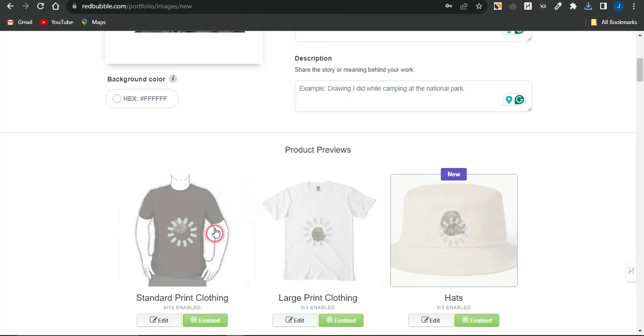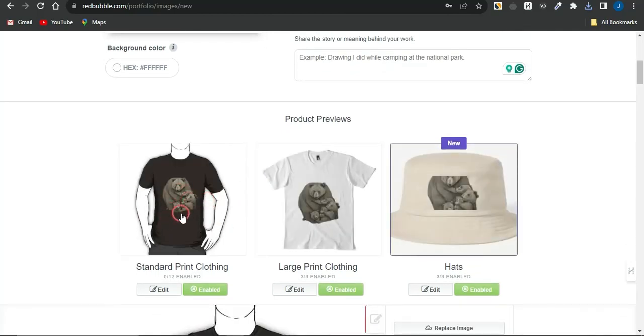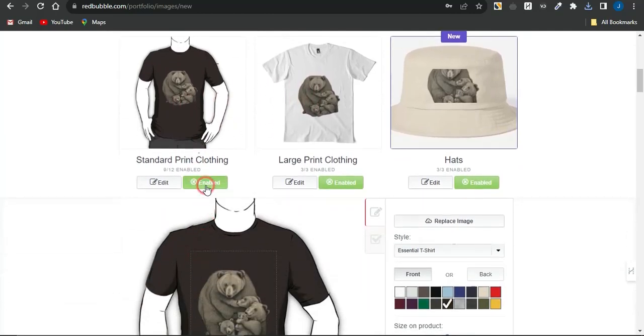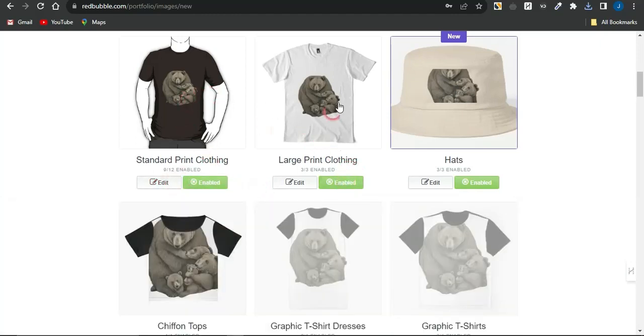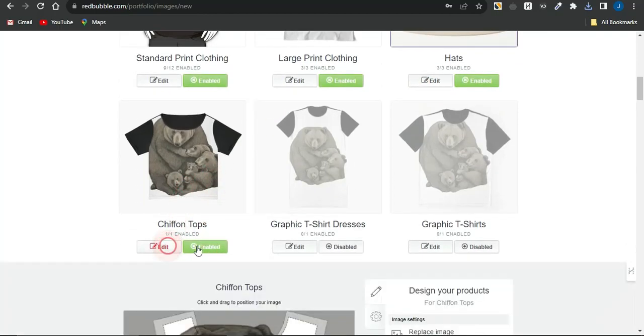Now as you can see right here, the image is actually being changed. So you can see the image actually looks quite better on such designs. Now you could just simply enable that on some specific designs right now, maybe on this particular kind of t-shirt, this particular kind of cap, and you can actually enable that on this particular chiffon top, and maybe you can